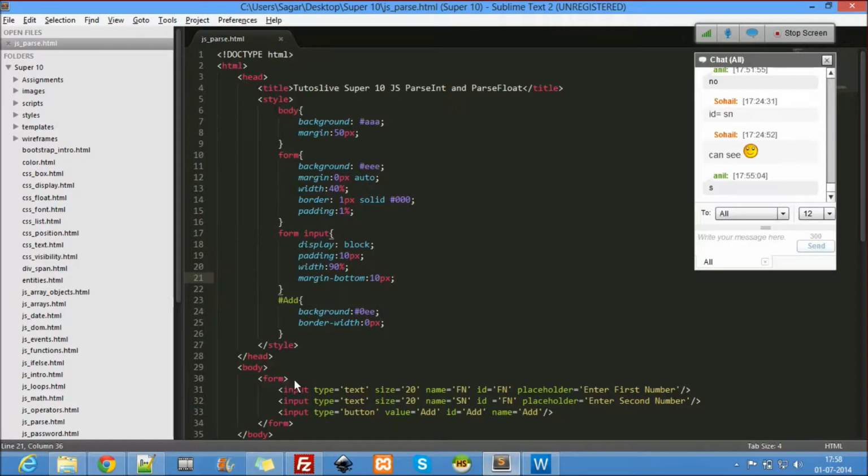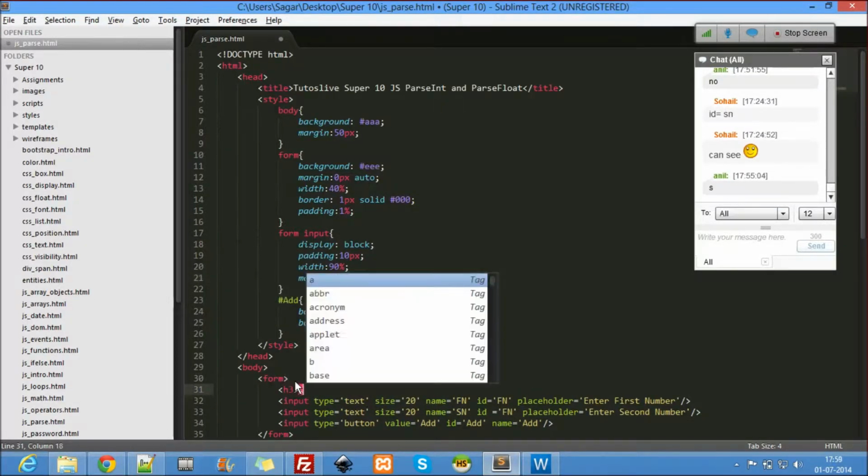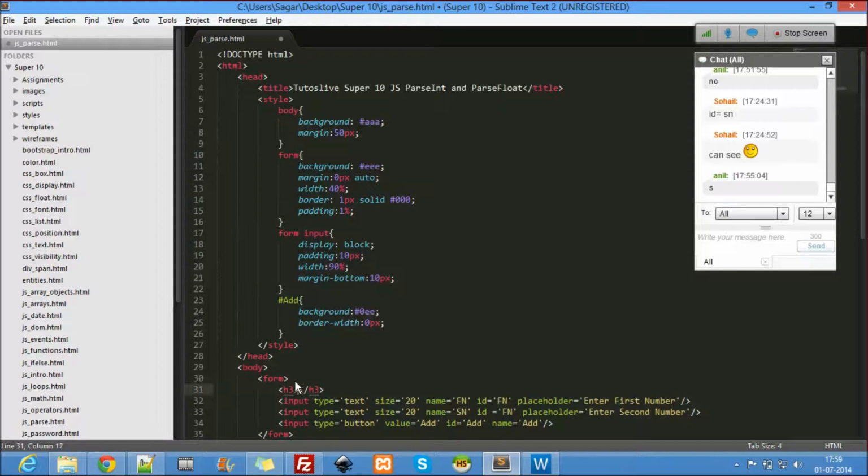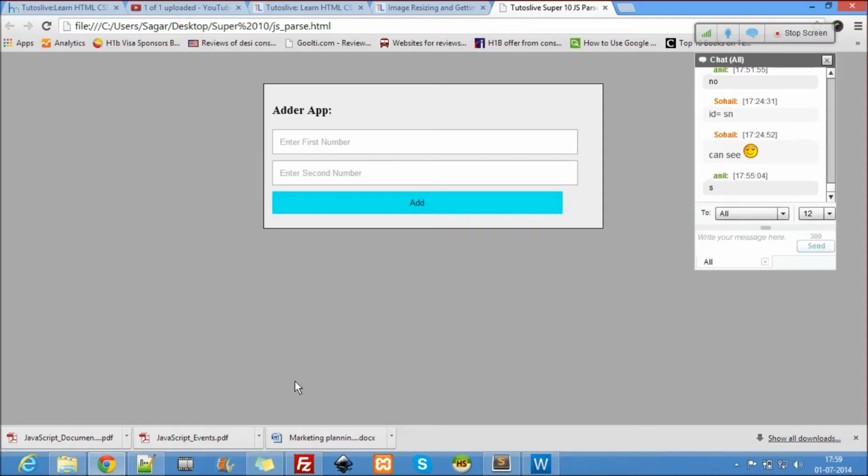Let me write one more small tweak here, h3 and something just to show. We did not use any bootstrap, we just styled this in, I guess, 6 minutes, right? I want you to style this in 6 minutes too. You have to become that perfectionist when it comes to design. I don't say this is a good design, but it is enough to show somebody, let's say a login form.